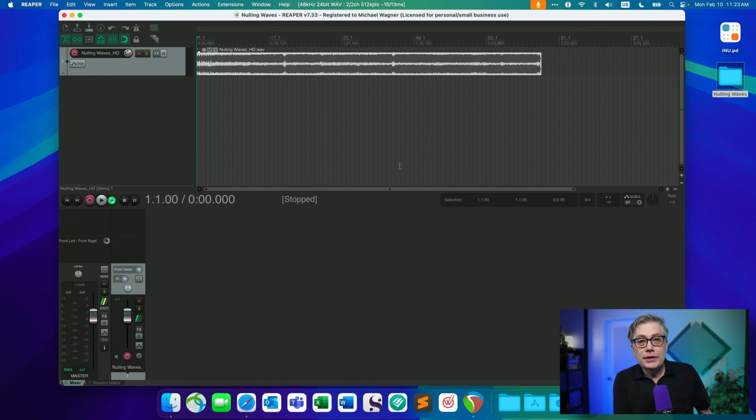But enough said, let's open up Reaper and start using Eno to turn an existing stereo track into a 9.1.6 multi-channel track, ready to be integrated into a Dolby Atmos project. I'm going to work with Reaper today and I'm going to work on a Mac, but be aware that everything that I'm going to show you works in Windows in exactly the same way.